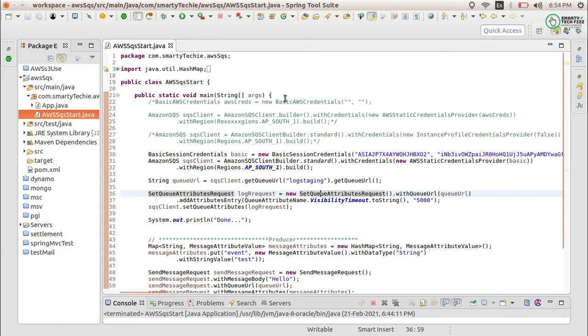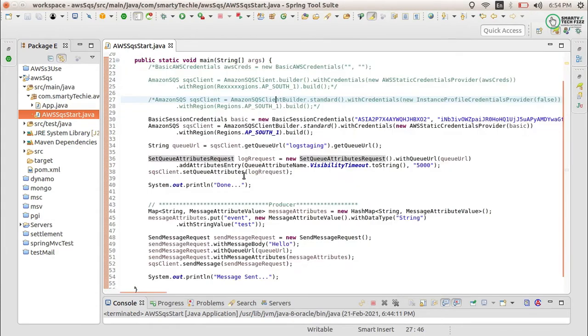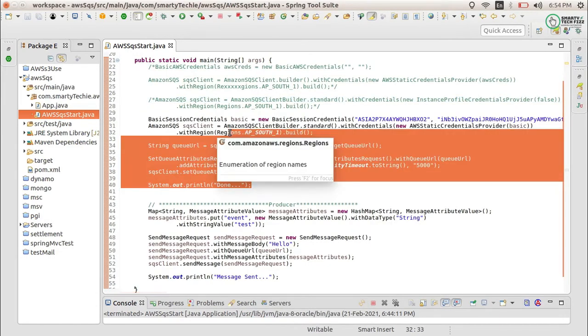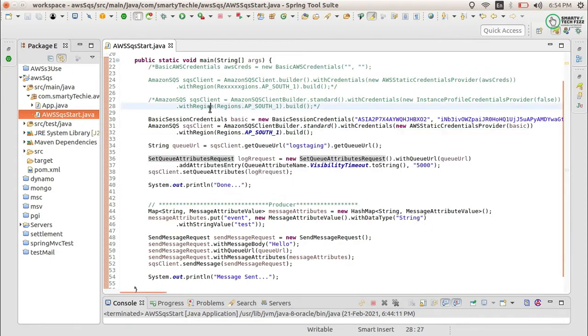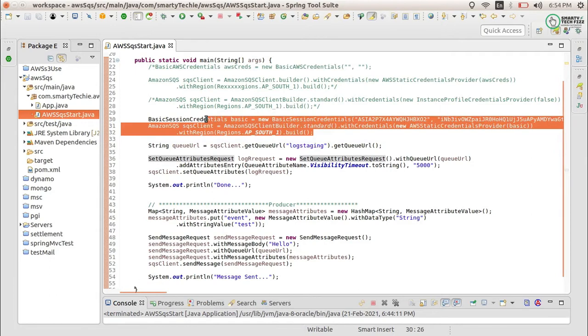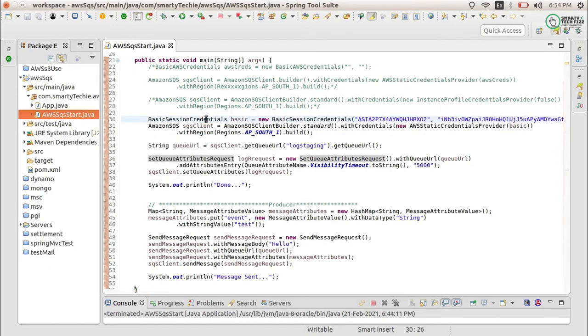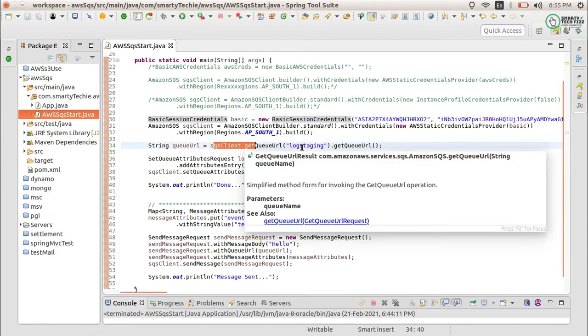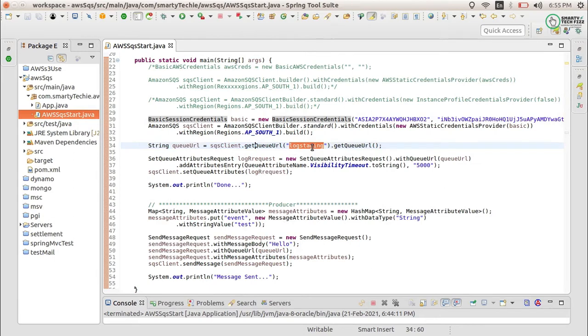So this is what we have done earlier, up to this part, that we have created the SQS client, and I have told you there are multiple ways to create the SQS client. Here I have created the client using the session credentials, that is when we have a session enabled on our AWS servers, and here we have an SQS client with the queue name log staging.